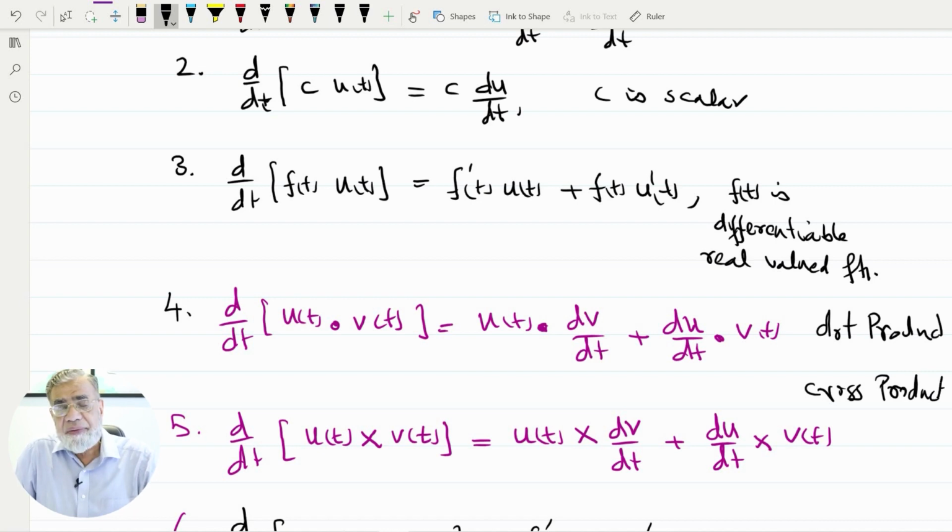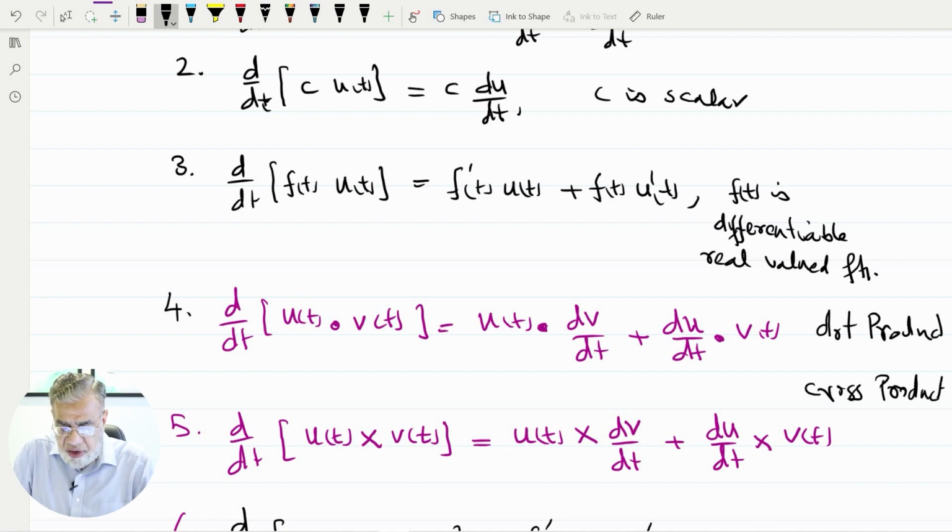So we will retain the dot and the cross. Especially in the cross product, if we take a cross b and we change the position of a and b, it becomes minus b cross a, so the position must not be changed. In dot product you can change the position, but anyhow we retain the position,